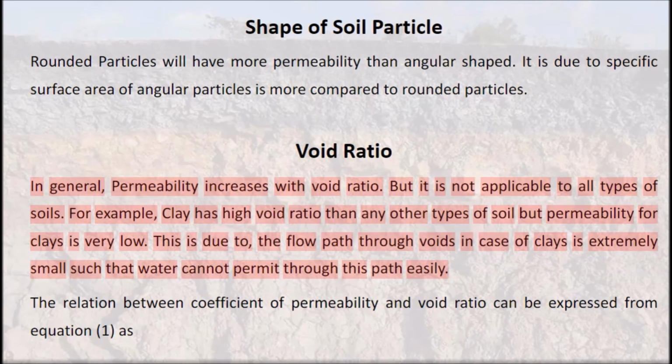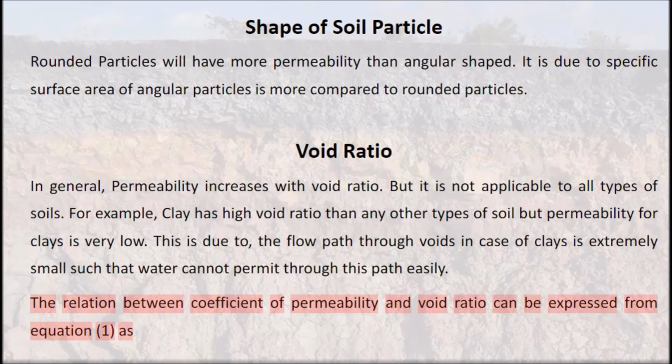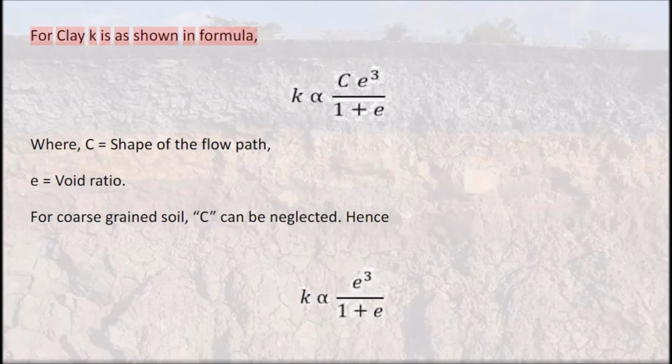The relation between coefficient of permeability and void ratio can be expressed from equation 1 as shown in the formula for clay, where C equals shape of the flow path, e equals void ratio. For coarse-grained soil, C can be neglected. Hence,